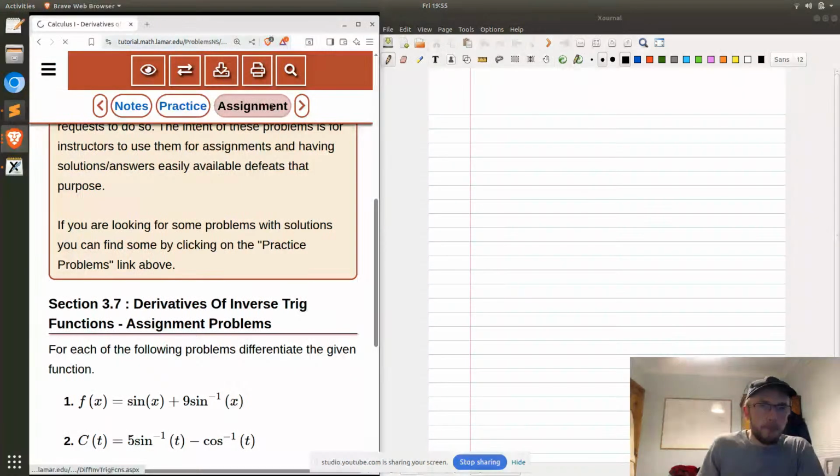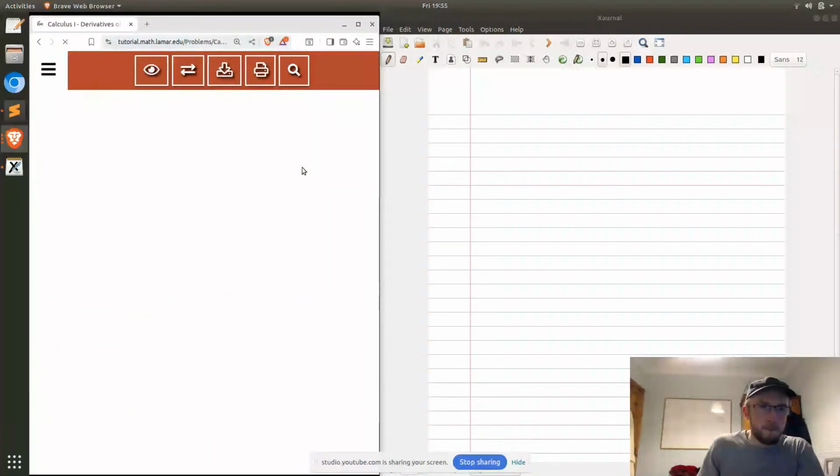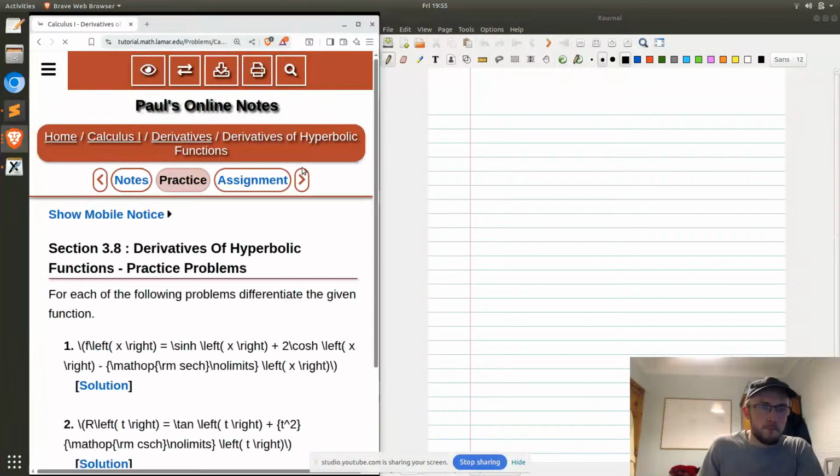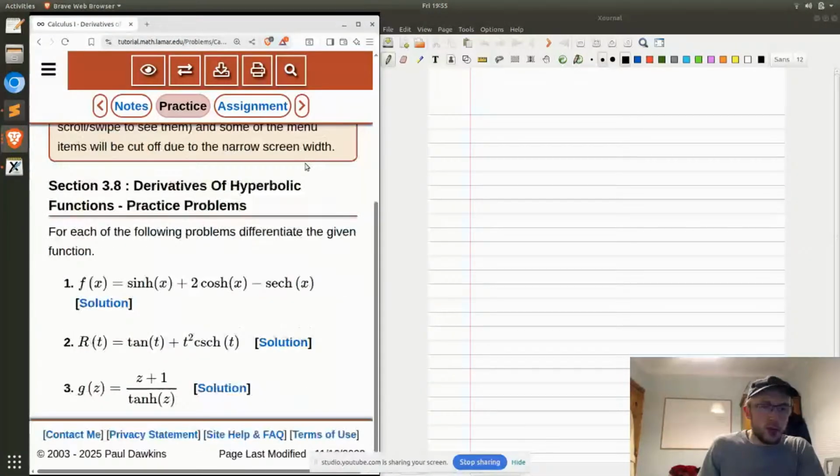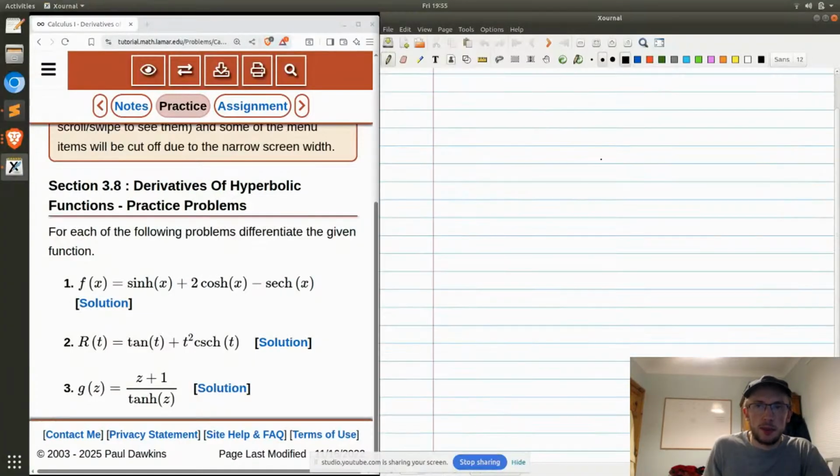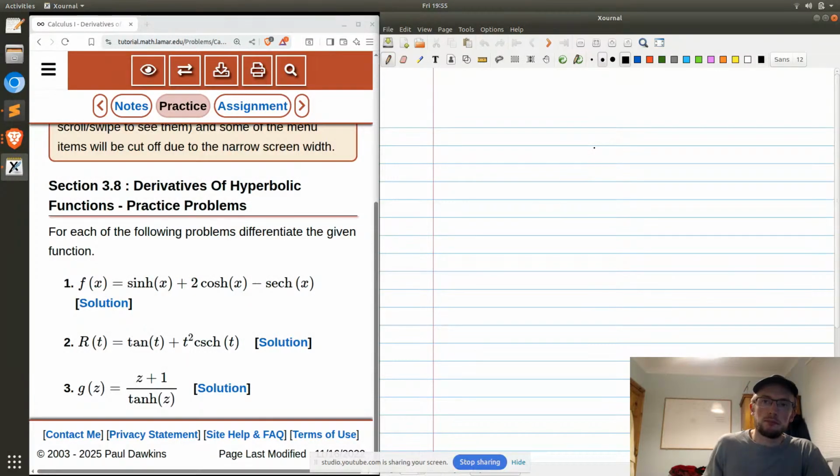Next up, derivatives of hyperbolic functions. So it's important to know the standard results. Actually, it's more important to know the definitions. So,